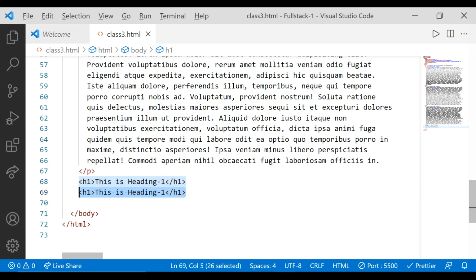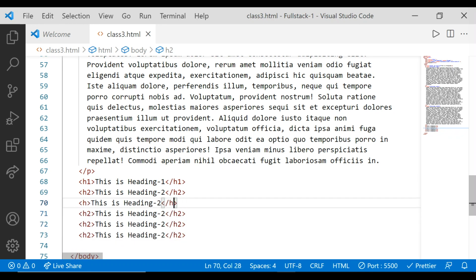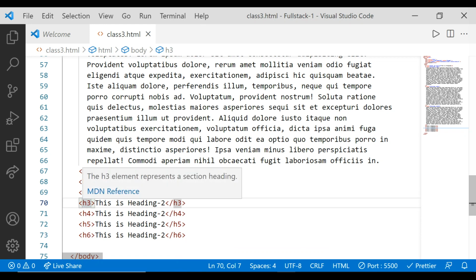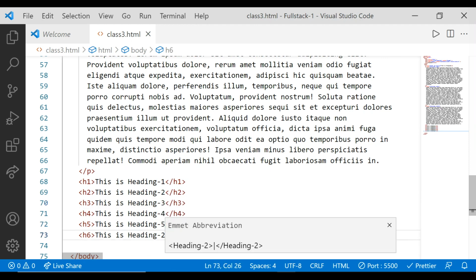Now I'm creating the second level of heading by replacing this with h2. So there are totally 6 levels. So I'm changing it to 2. Now 3, 4, 5, 6. And let's make 3, 4, 5, and 6. And look at here. I'm changing the closing element, and automatically the first element, that the pair starting tag, will automatically change. This is because I'm using an auto rename extension of VS Code, which makes changes in both the starting and closing tag if you change in one. Okay, so let's change this to 3, 4, 5, and 6.